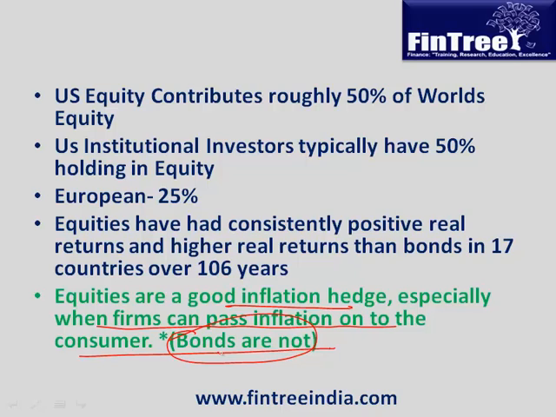And of course this is directly related to what we have studied in Level 1 economics, the price elasticity of that particular product. Right, so if the product is highly elastic, then the ability to pass on would be very less. But if the product is inelastic, then the ability to pass on would be relatively higher. So there are a few questions like these, we'll be seeing them. It says bonds are not a good inflation hedge. Can you tell me why? Yes, the returns are fixed, and in a higher inflation environment, the absolute value of that interest or coupon payment decreases.